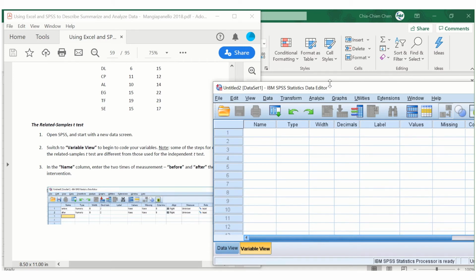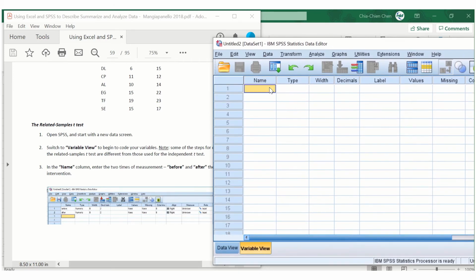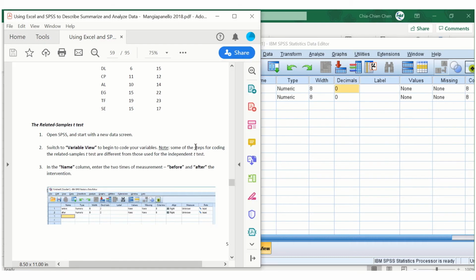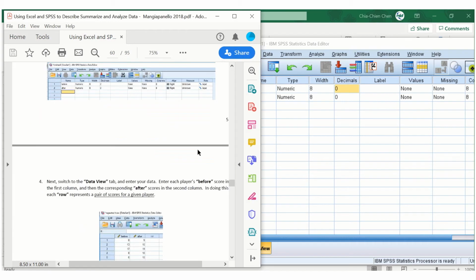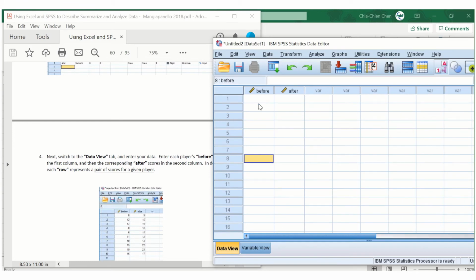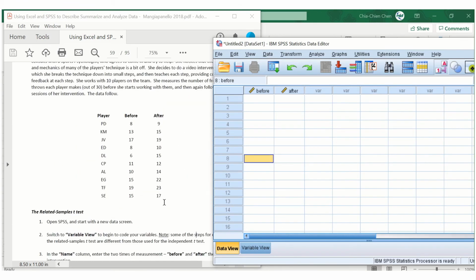And then you just need the one that says before and another one that says after. And then let's just change the decimals to 0. Now, is there anything else that we need to do? Not really. Okay, well, let's go to the data view. And now let's just copy down the numbers here, okay? So, 19,